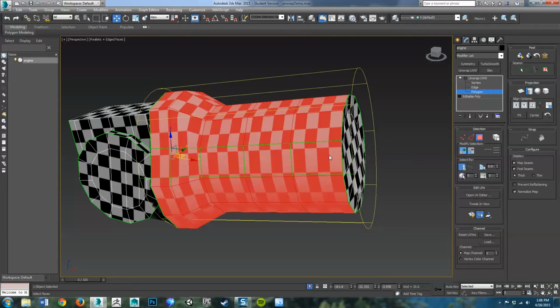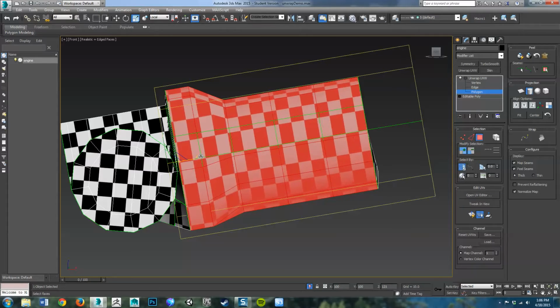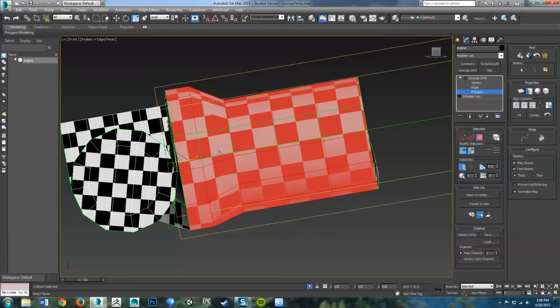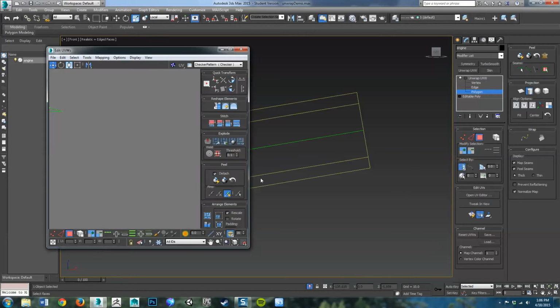Okay, so these guys are kind of squashed from left to right. So what I'm going to do is come in here to scale, but instead of scaling along the reference coordinates, I'm going to go to local. And you'll see what that gets me: do you see how the z-axis is actually running along the length of the modifier? Because we're looking at the local axis. So when I rotated the gizmo, the axis was affected. So if I come in here now and look at this in the UV editor,